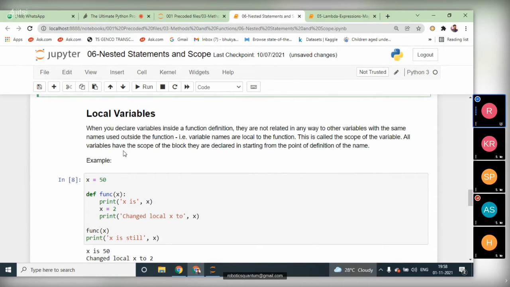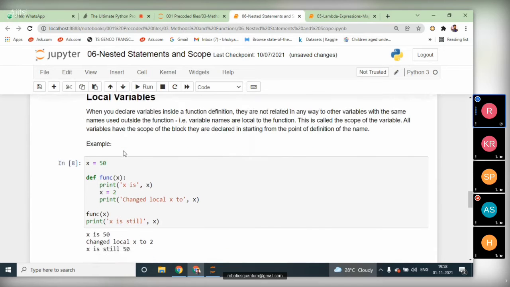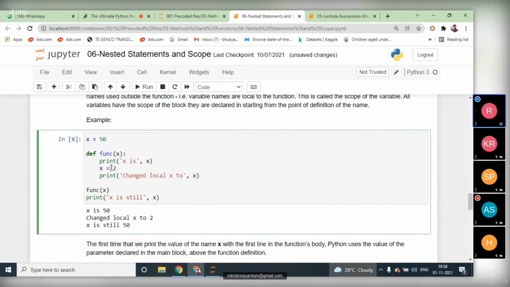When we come to local variables, in general, if we declare a variable inside of the function, it is called a local variable. See, in general we took a variable x whose value is 50, and we are trying to modify the value to 2. We change the local value here when you call that function with the variable passed in. When you try to execute x from outside of the function, it will not be modified. When you use the same variable inside of the function, the value can be modified.